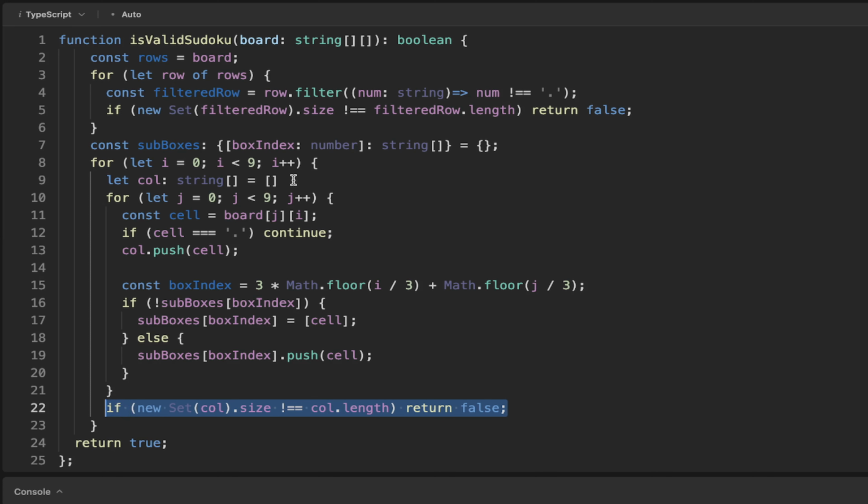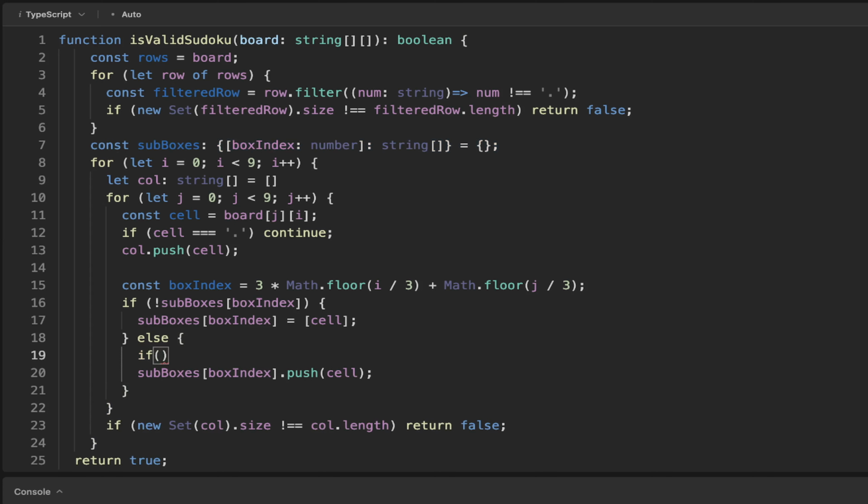But since we've got a map data type here, we can just go ahead and say, well, if the sub boxes, if we have a box index here, because we know it's going to have a box index because we're in this else part here. But if the values, or the string array, if our number, which is a string here,